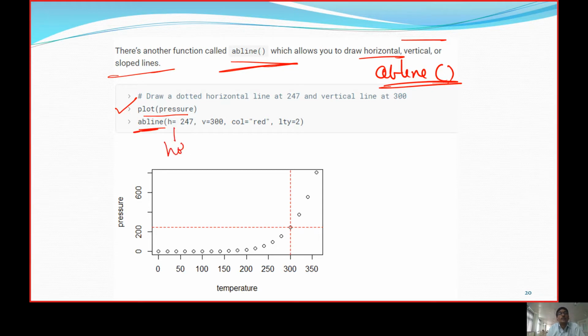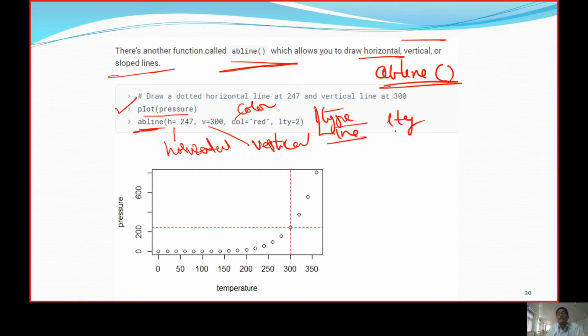H stands for horizontal, V stands for vertical, and the color is red, and the line type, LTY, is going to be type 2. So what is type 2 here?